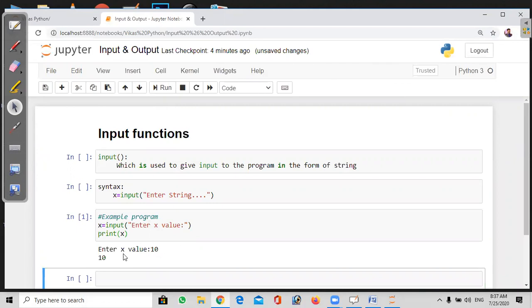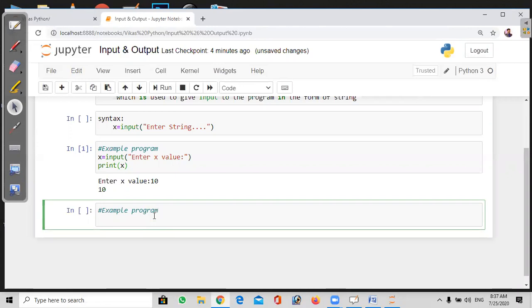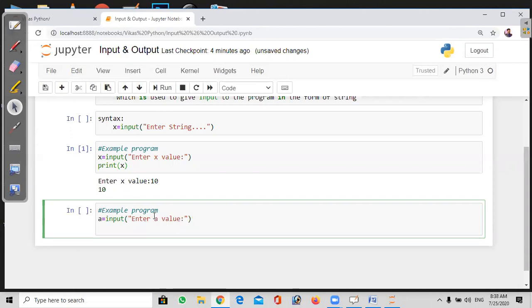Okay, it gives the output as 10. So it's taking the input from the user and giving the output, a common thing. Now, example program: here I'm going to take one variable a equal to input of 'enter a value'. Actually we are trying to give input as integers. b equal to input of